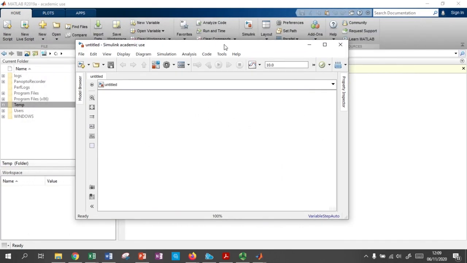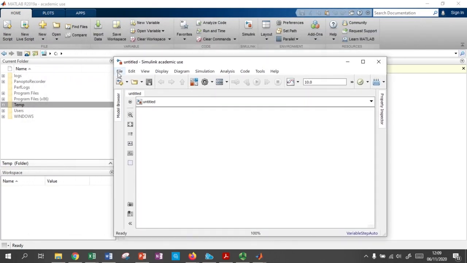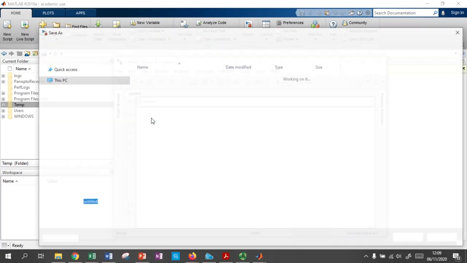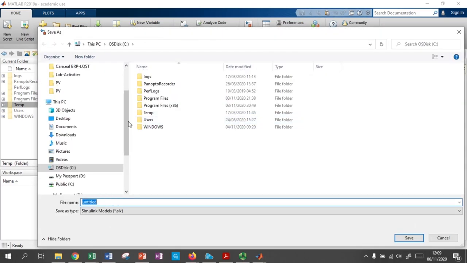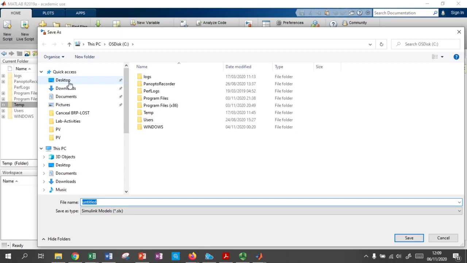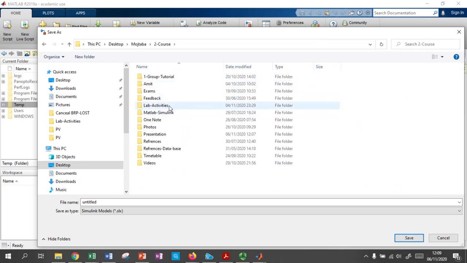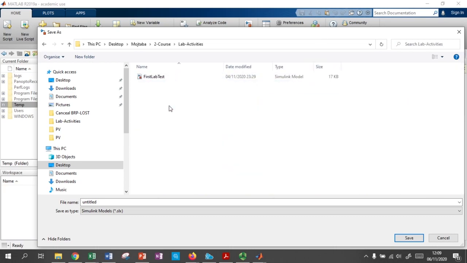Then you will find that this is your model and we can save it under a name. This is called any name that you would like. Then you should open it. I will save it on the desktop. You can find it here in my course. I will go to the lab activities and I will call it, for example,